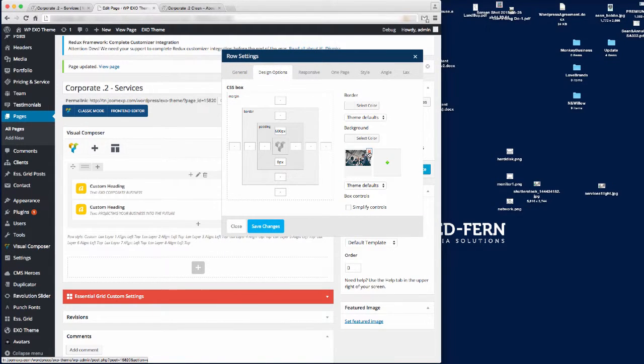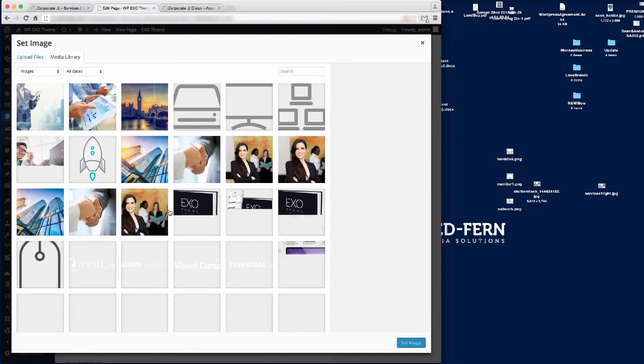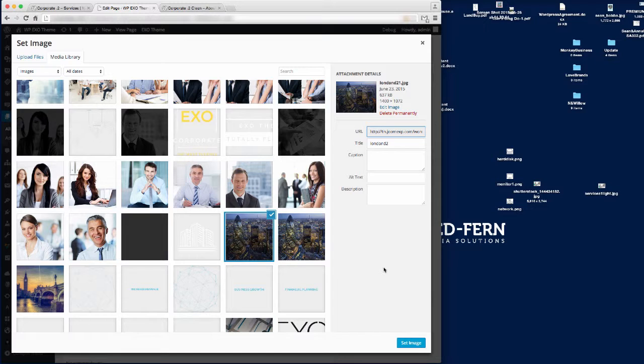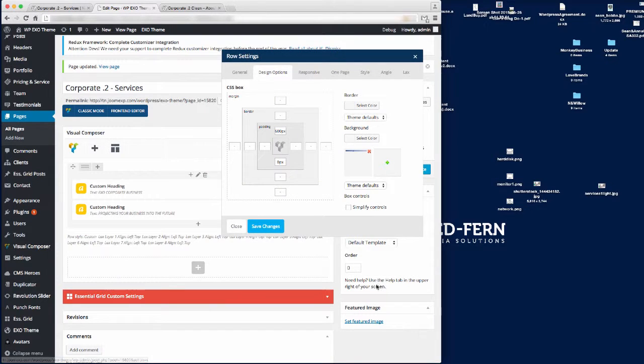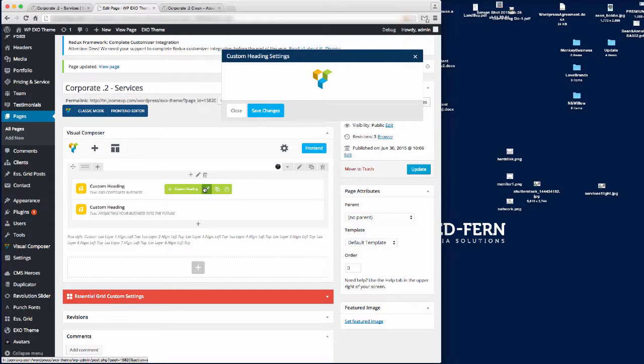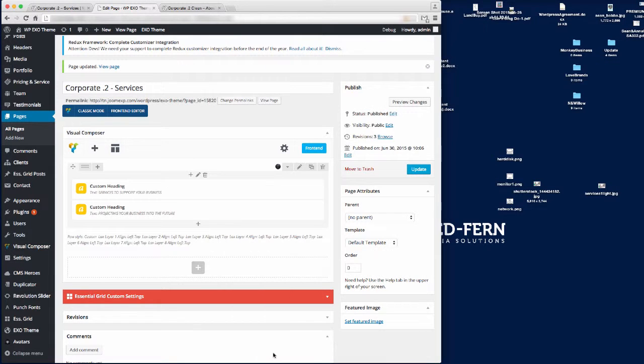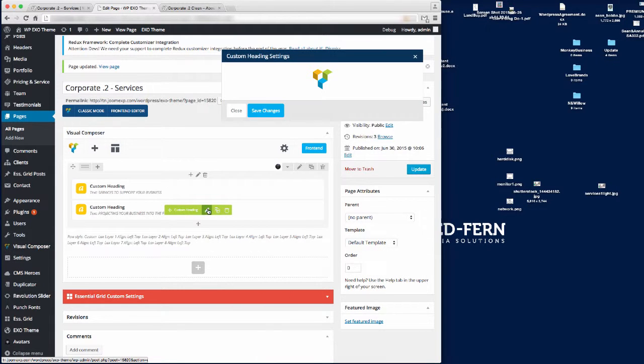and we're going to remove that image, and we're going to get a different one. And I think I'm going to use the nice skyline of London. So we'll select that, we'll save that, and then the title, and we're just going to put services to support your business. Save that, and then we're going to change the subheading,